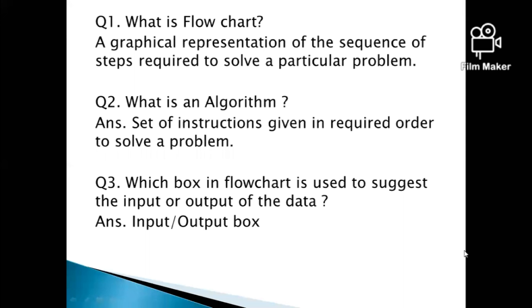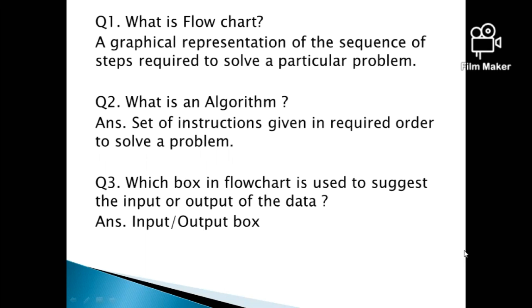And this is your classwork. You have to write the answers of these questions. First question is, what is a flowchart? I explained earlier, and again I would like to explain that the graphical representation of the sequence of steps required to solve a particular problem is known as a flowchart. What is an algorithm?